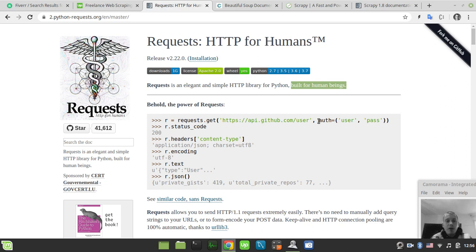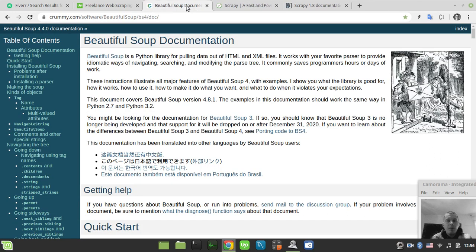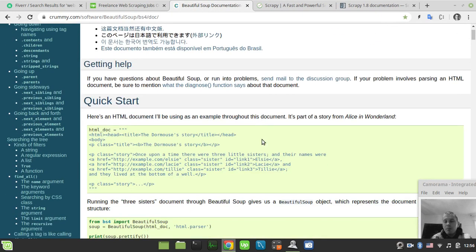So requests and BeautifulSoup are really the use case for those who are just beginners and want to get started with web scraping as their professional specialty. That's the reason why requests and BeautifulSoup are covered in so many ways, with so many cross references, on my YouTube channel. So you will find the requests crash course,